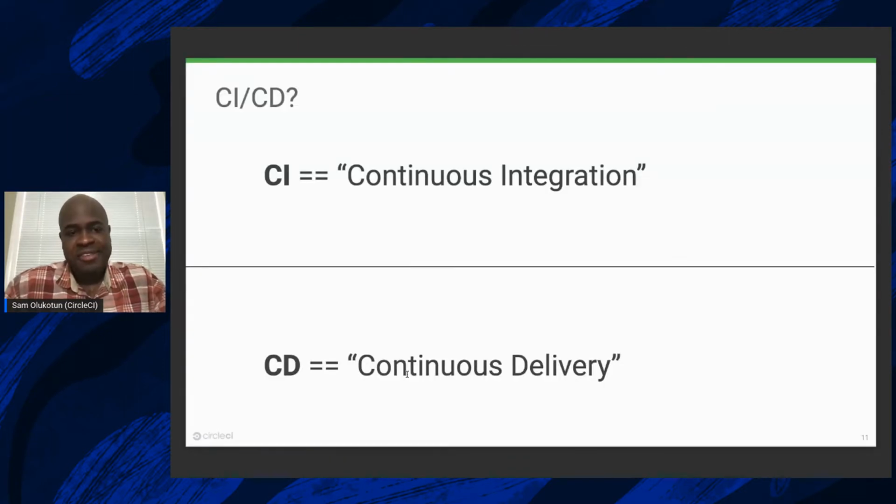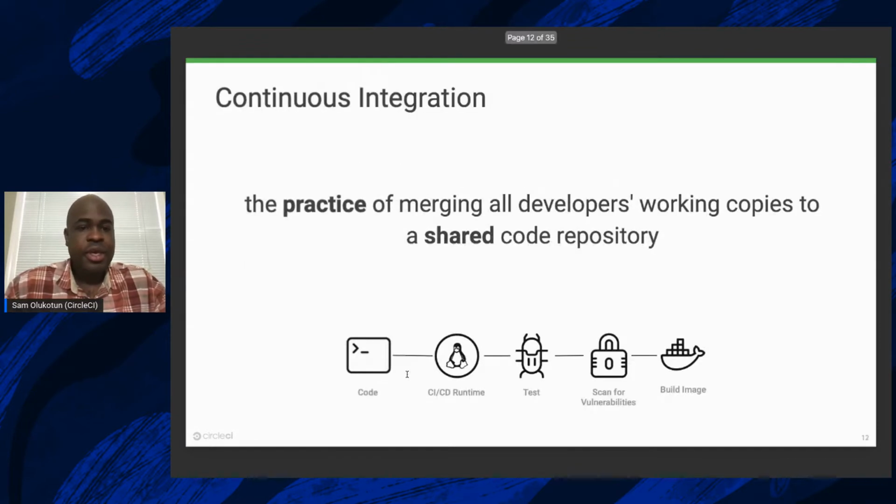When we talk about CI/CD, we're really talking about two halves of a DevOps practice. The CI half is continuous integration, and CD is continuous delivery. In continuous integration, what we're concerned with is the practice of merging all developers' working copies to a shared code repository. If we look at this graphic at the bottom of the slide, what that means really is that when